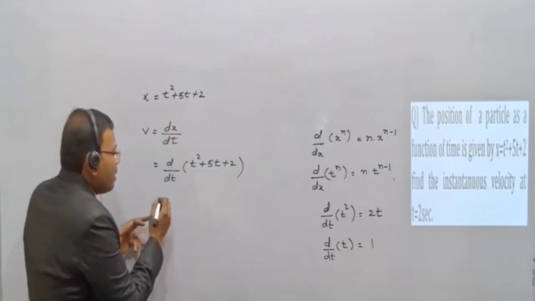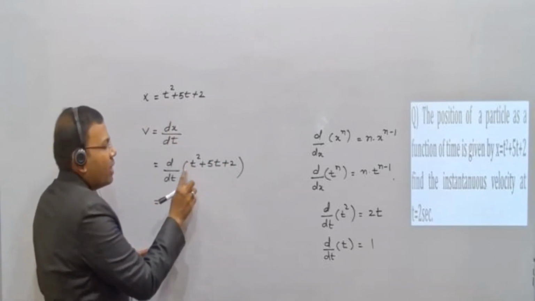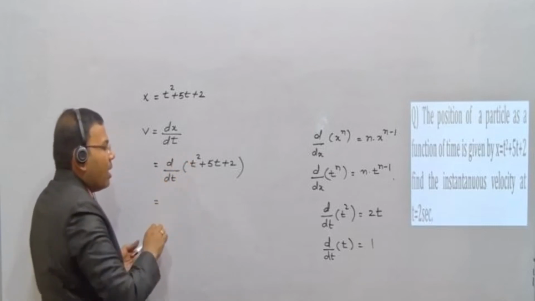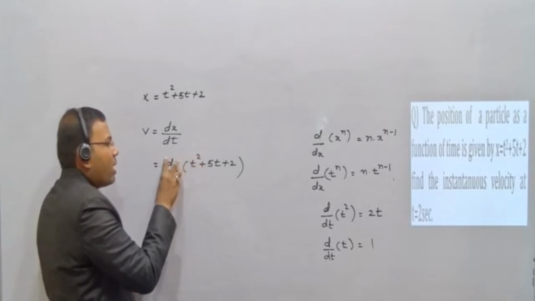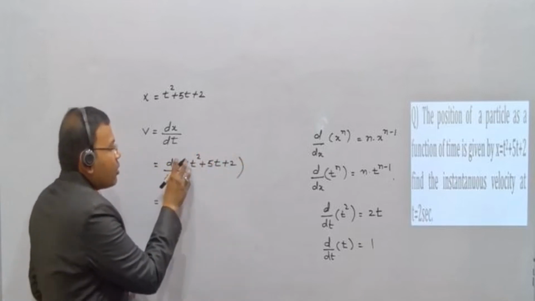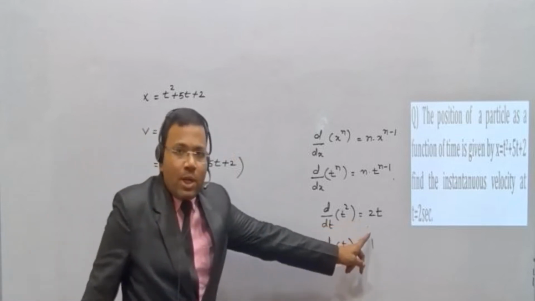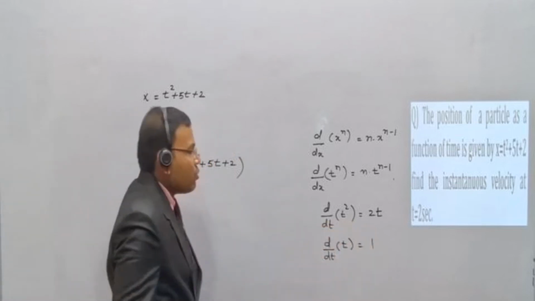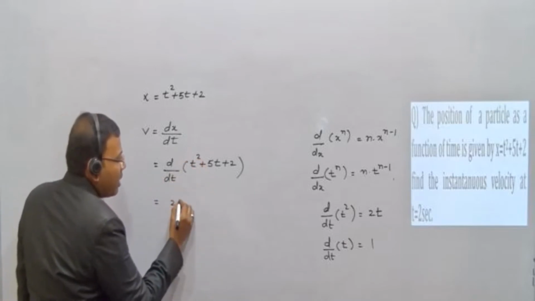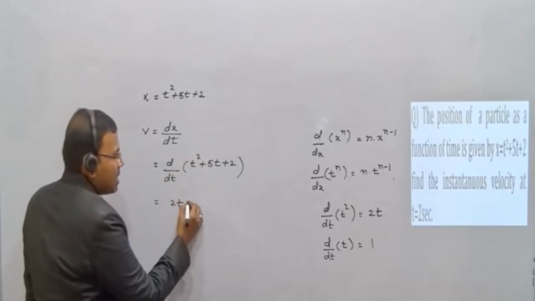तो अब हम क्या करेंगे, what we do, differentiation of t square, d by dt of t square. That means ये जो है ना बेटा ब्रैकेट के बाहर है. That means differentiation of t square, differentiation of 5t, differentiation of 2. So differentiation of t square, already मैं आपको याद रखो बोला था, differentiation of t square it is 2t. So I'll write directly in place of this differentiation of t square I will write 2t plus, try to understand